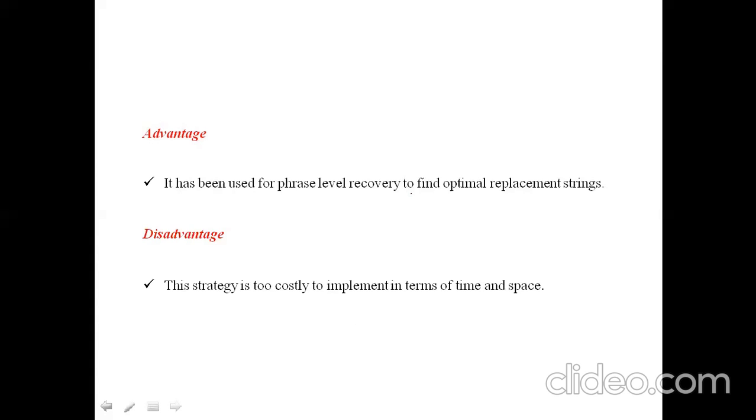That's why, practically, global correction is not preferred by compiler designers. Why? Because it will take more time and more space. If our compiler takes a lot of time for compiling the program, the users may not prefer our compiler. If it takes more space and time, the clients may not prefer it. We can't wait for much time to get the result. That's why global correction is not regularly used, not as regularly as the first three techniques.